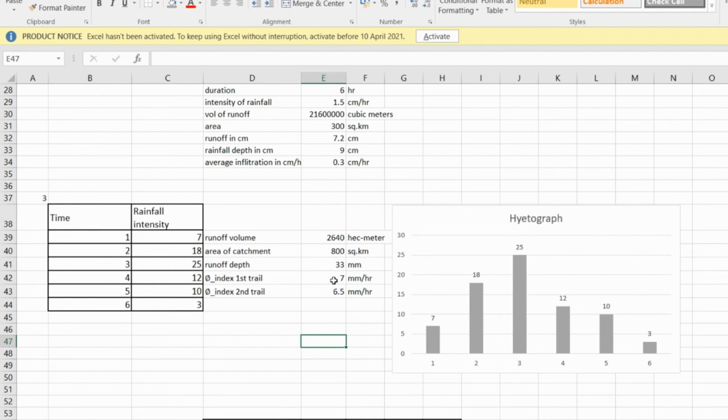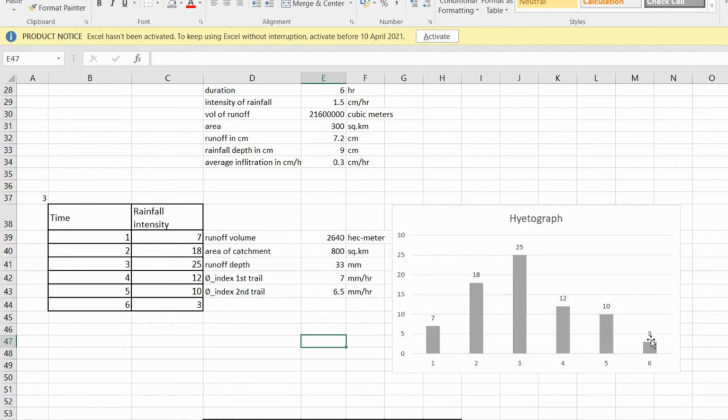Okay, this is the phi index which I got, which is 7 mm per hour. Now I'll look into all these bars, all these intensities. You can see that this phi index, if I draw a horizontal line, it will be somewhere here. Now you can see that the infiltration value will be 7 mm per hour, but your